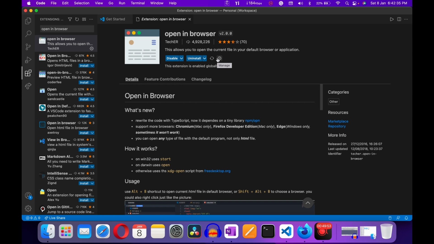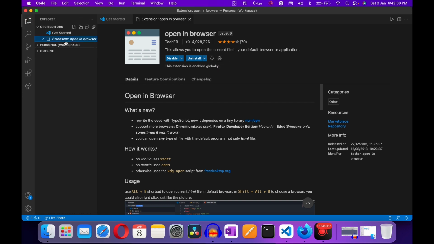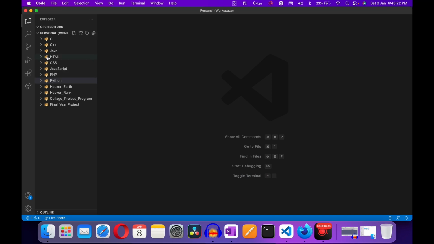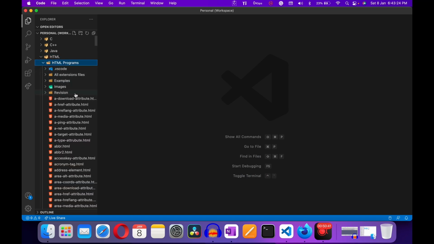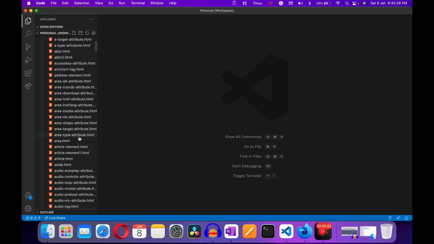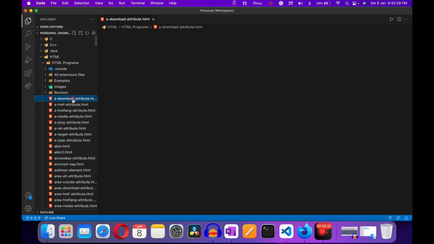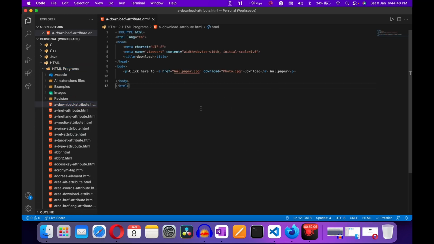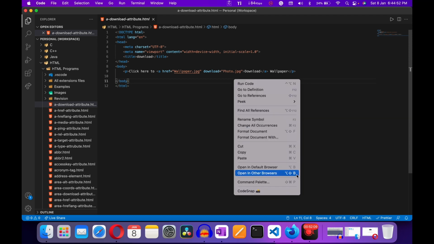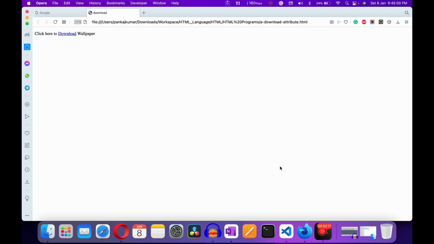After installing is finished, you can go to any file which you want to open in your browser. If I go for an HTML program, there are a lot of programs available, but I'm choosing the first one. After opening, if you want to open this file in your browser, just right click on empty space, and there are two options: open in default browser and open in other browser. I'm going to open the default browser, just click on it, and here you can see your file is open